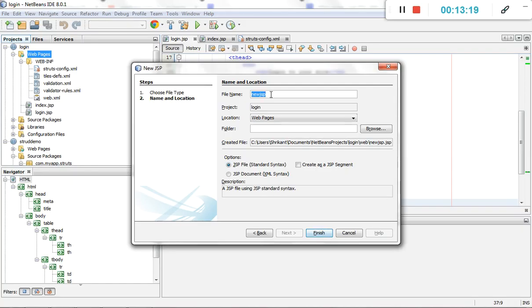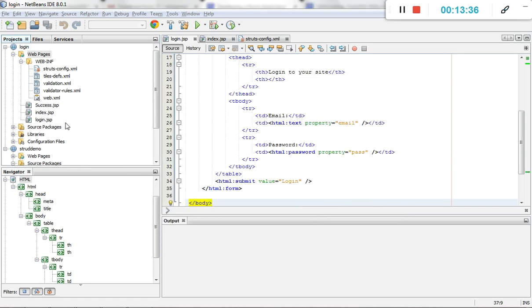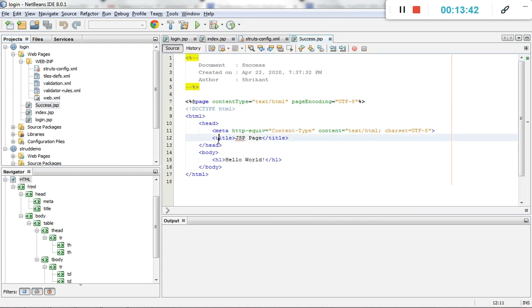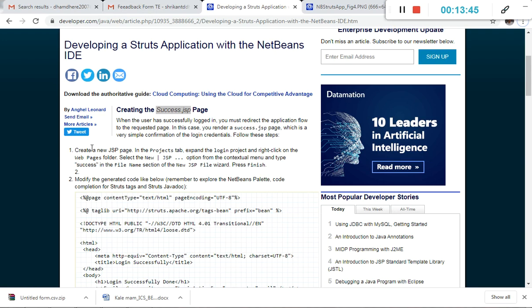There is no need to mention the .jsp extension. It's a JSP file by default, and click on Finish. It creates one JSP file under the login project as a web page. It's automatically created here, success.jsp. Okay, then create new.